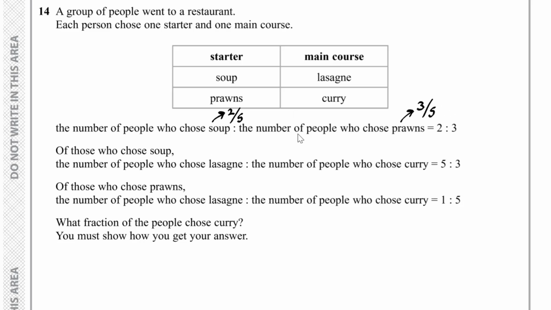And of those people who chose soup, 5 out of 8 chose lasagna, whilst 3 out of 8 chose curry. And those who chose prawns, 1/6 chose lasagna and 5/6 chose curry. So of the people who chose curry, we have over here, well, the total number of people who chose curry, we've got over here